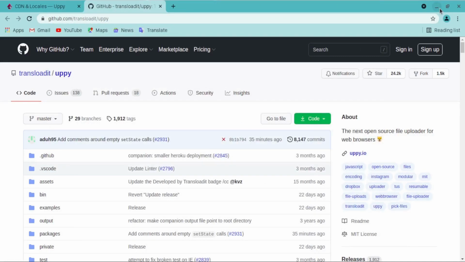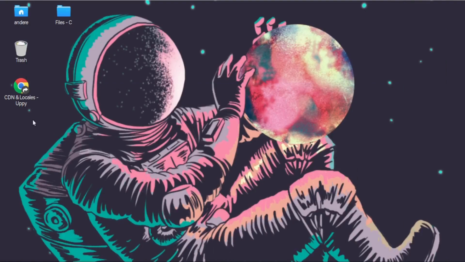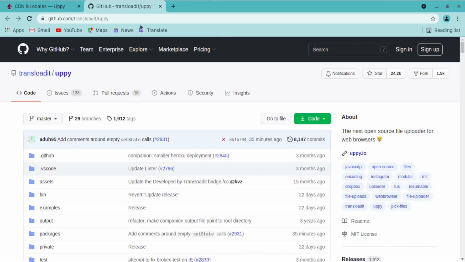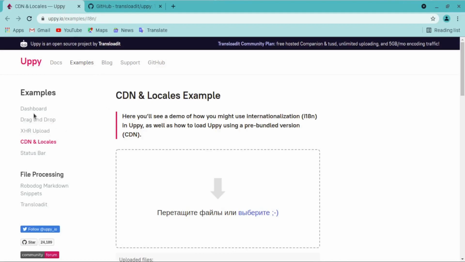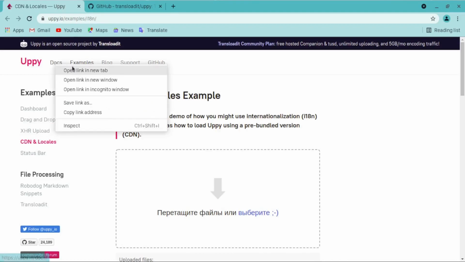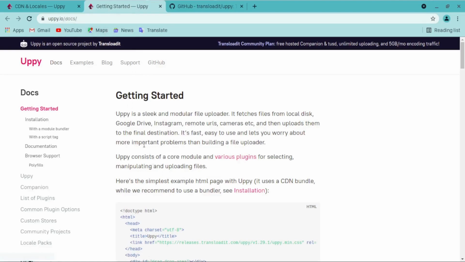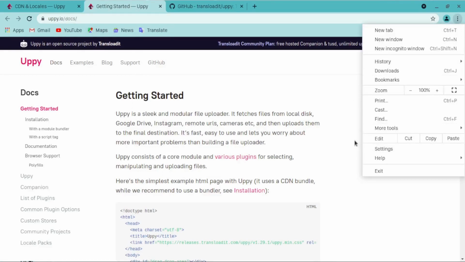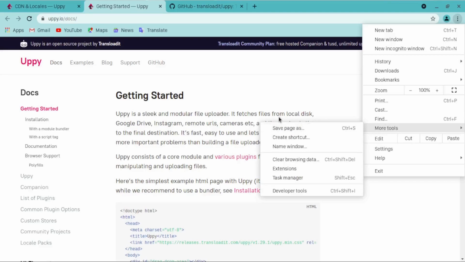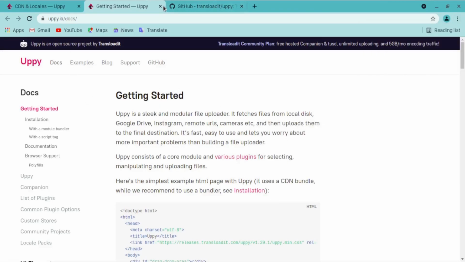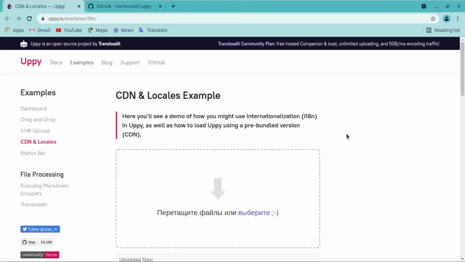If we go to our desktop, you realize that we only have the first shortcut that we created. The other shortcut is removed. Even if we open a page that points to that particular shortcut, it was the docs link, this is the page that we created a shortcut to, and we go to the menu, you can see the additional menu option. Now, that's how you delete a shortcut in Google Chrome.